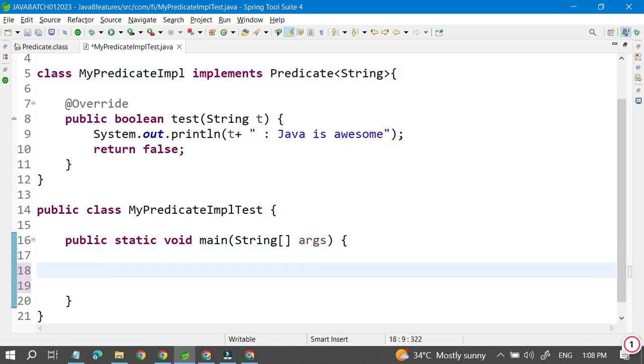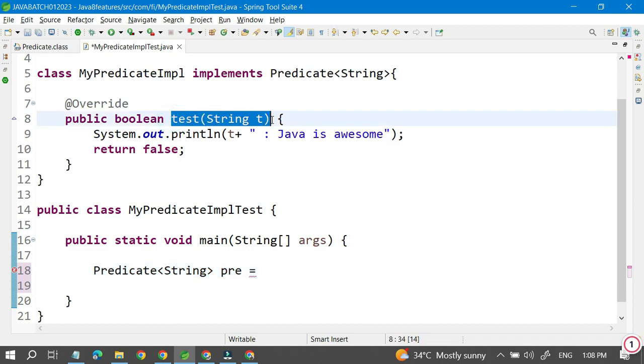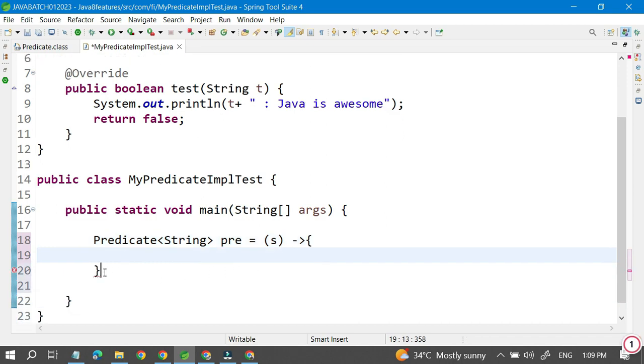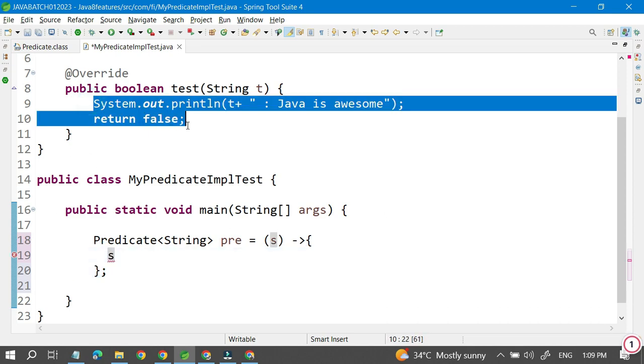So what I can do is create an object of Predicate. It will take a string value, and here I will write pre. This test method takes one parameter, which is a string, so I will give parentheses. It's my choice, I can give a string s, or I can give directly s. This is the parameter. Now I will give the lambda expression, then curly braces open and close, and a semicolon. This is basically the lambda expression, and we have to write a return statement also. Before writing a return statement, let me copy this line of code, it's required,